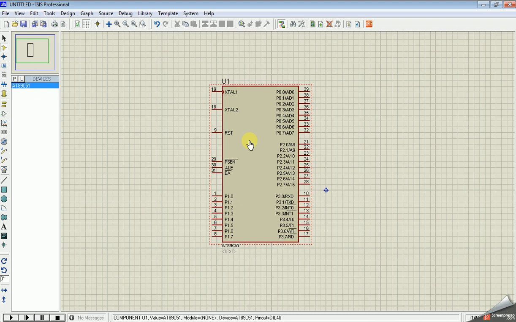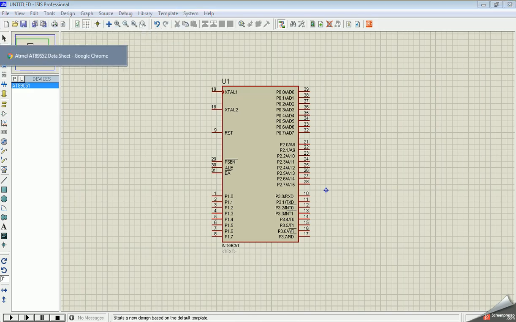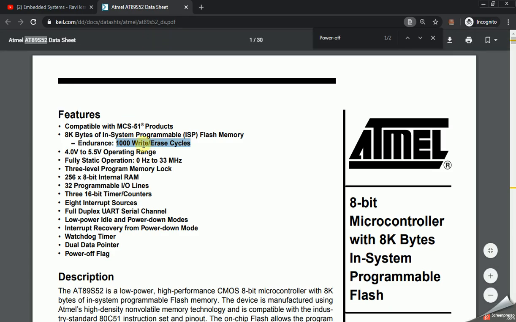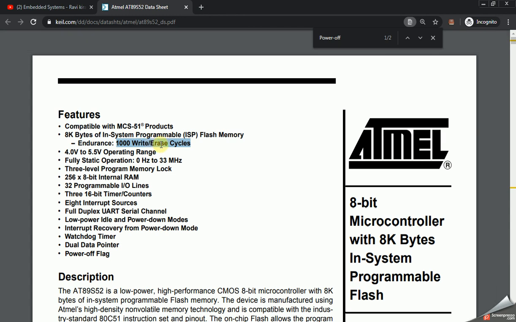In this case, we can erase the existing program in the flash memory and reflash another program. Like this, we can erase or flash 1000 times. That is the meaning of 1000 write erase cycles. That is nothing but reprogramming.